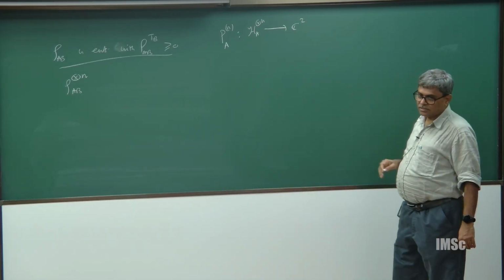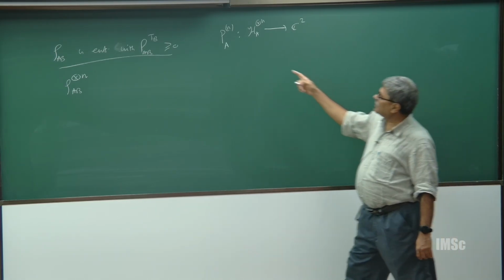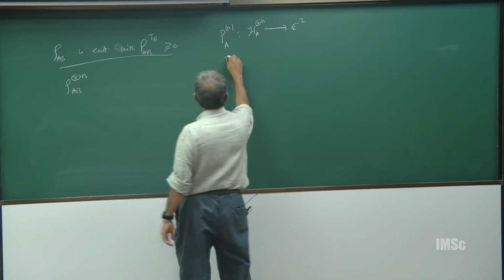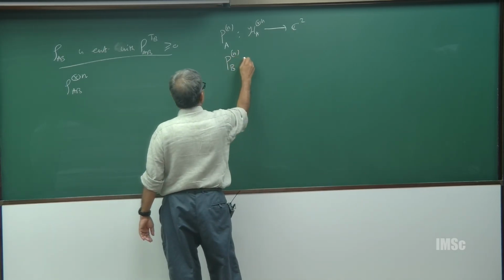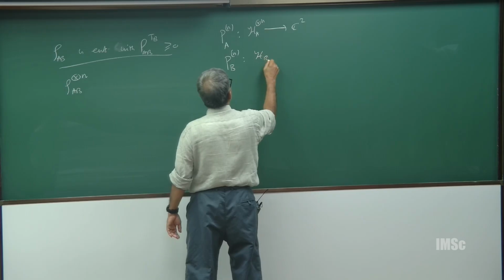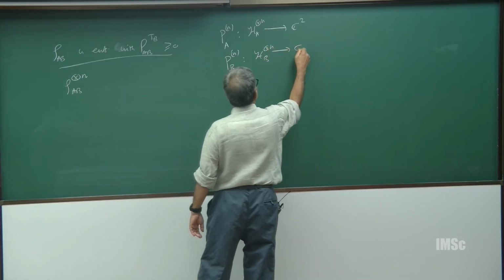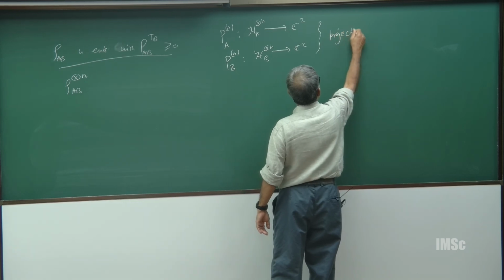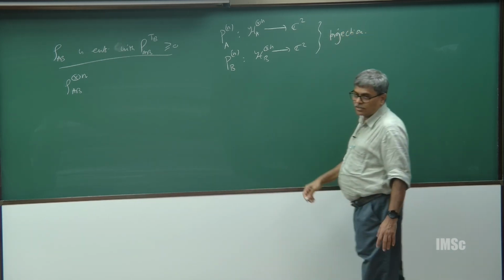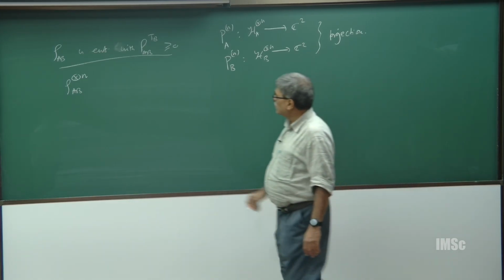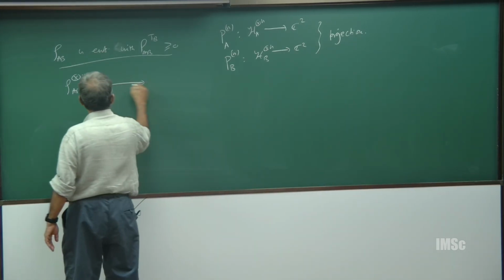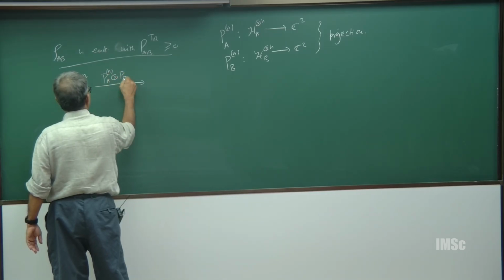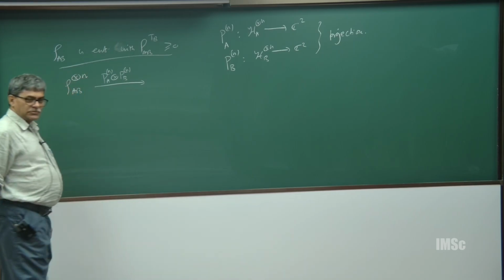This is a projection. Projection means if I take the square of this, it will be the same as this. Similarly, P B n is a projection on n copies to C 2. So both of these are projections. Now if I apply this projection, P A n tensor product P B n,